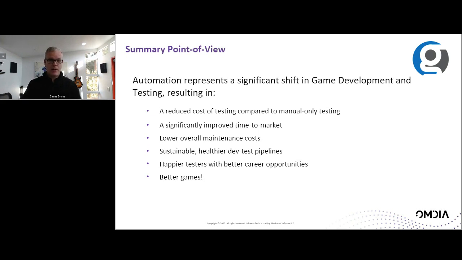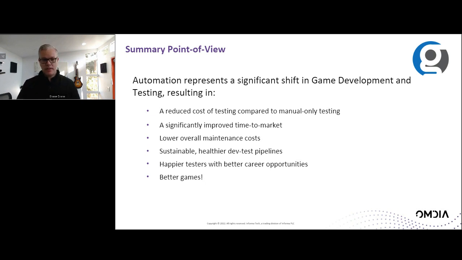And surprisingly, it helps to lower overall maintenance costs. And so if you have one of these games that lives for a longer period, it's not just release and then it's done, which is quite common these days. Right? These games are tending to move towards the live ops model. Keeping the maintenance costs low means keeping the number of testers that are dedicated to that project low as well.